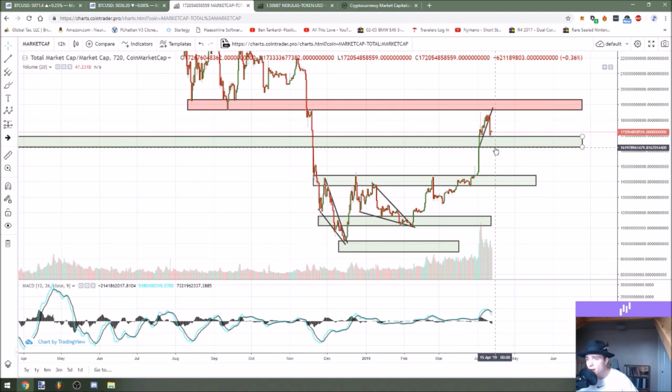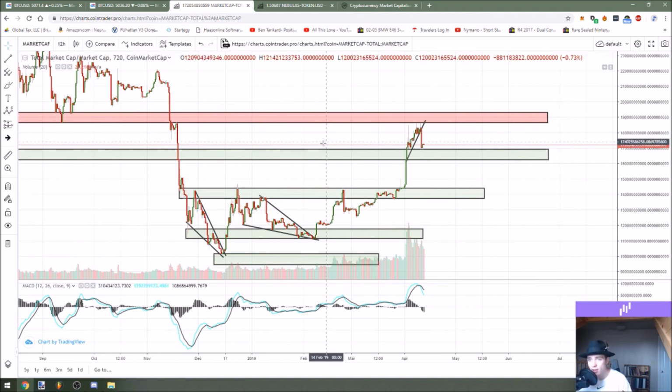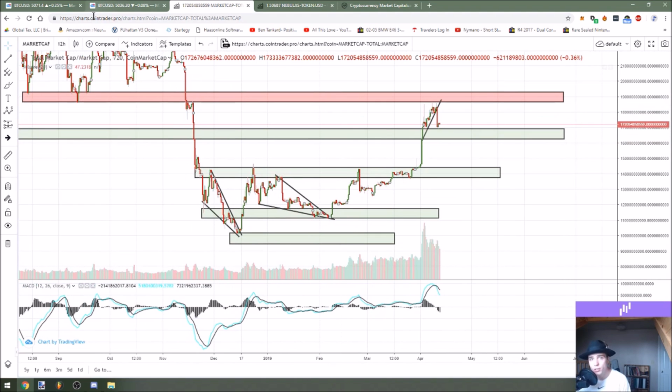I just wanted to remind you that the support zone that we're watching is between 161 billion and 169. I am using the 12-hour candlesticks for this, and you guys can go ahead and copy this if you like. To do that, go to